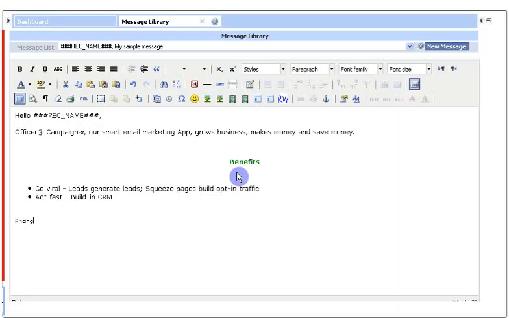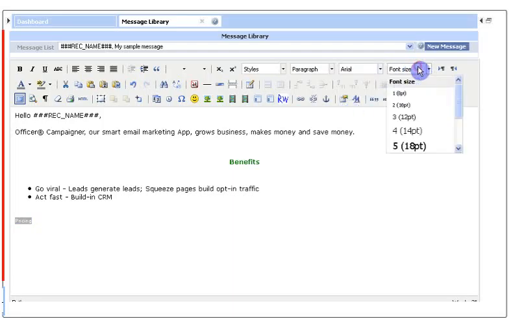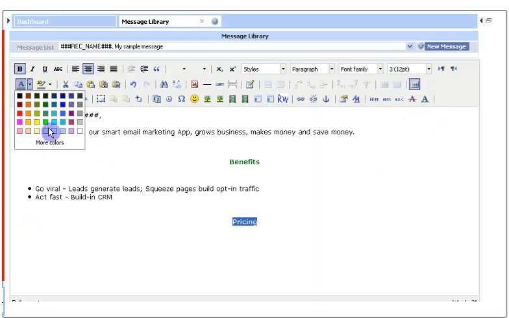Similar to benefits, we will mark it green as well as bold it and center it. So first we select the font type, the size, the center, bold, and from the A button we select the